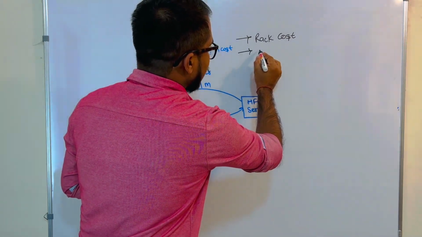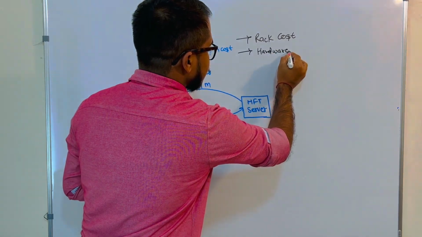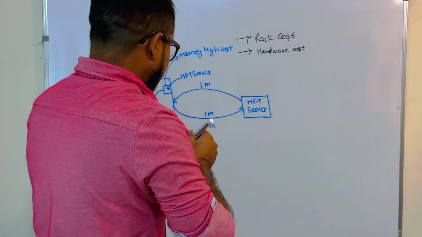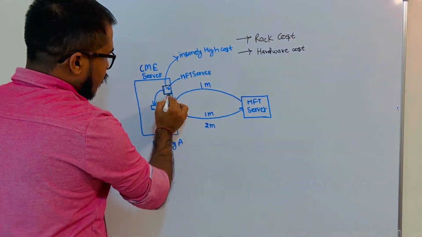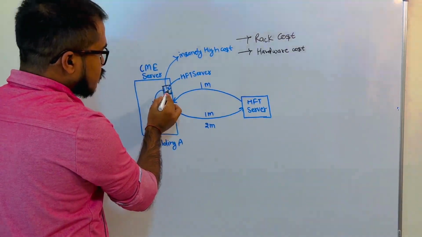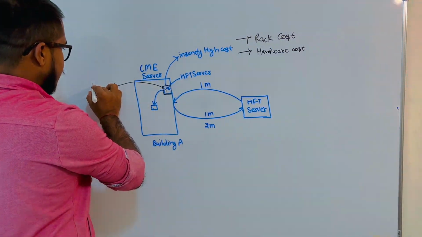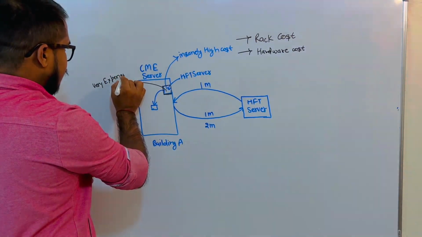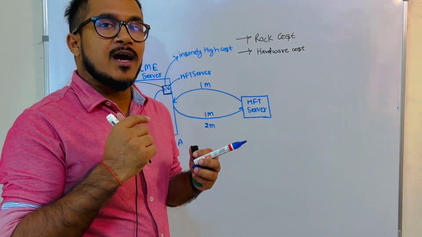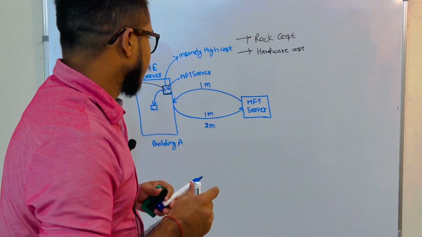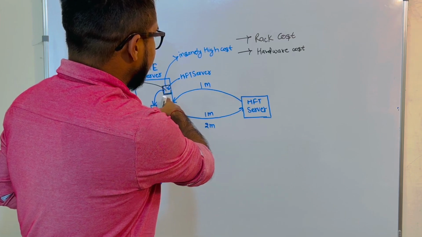then I will say second cost is hardware cost. As now you have purchased this particular space, you will pay for this particular space. Now you have to buy the hardware, and this particular hardware will be very expensive, because if you want to compete with other players in the industry, then you will have to go with the state of the art hardware. This cost will be insanely high.